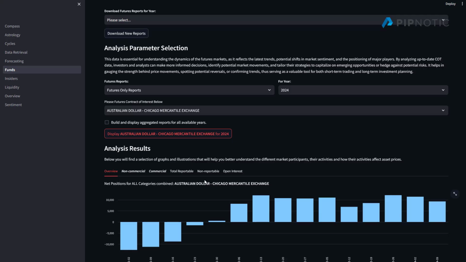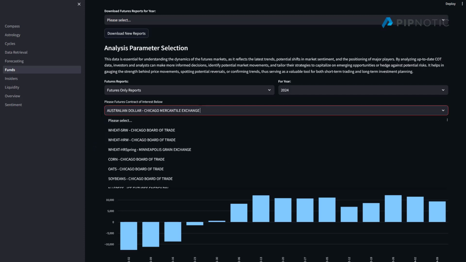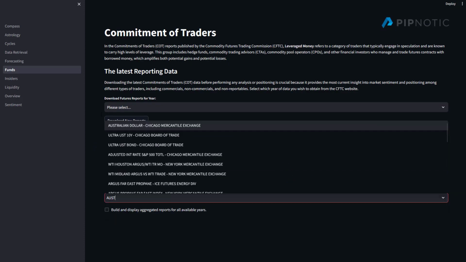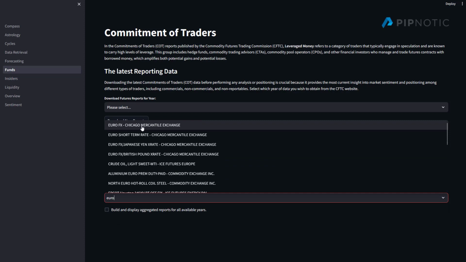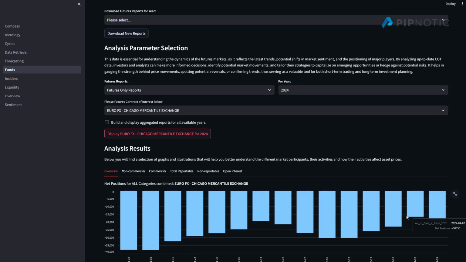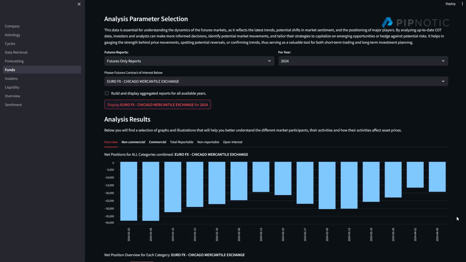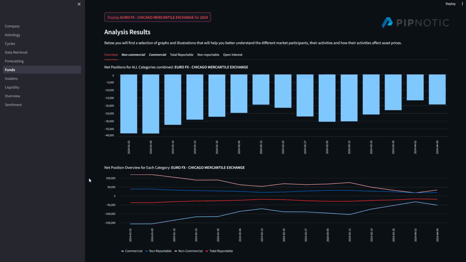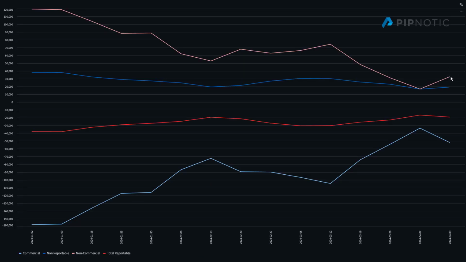Let's have a look at the COP data, the euro. So we are negative and continuing to accumulate short positions. We're actually very negative if we look at who the primary players are here. We have this here. This is the non-commercial. They are just ticking bullish, and the commercial who are ticking bearish.